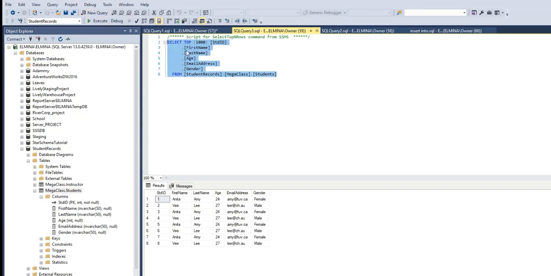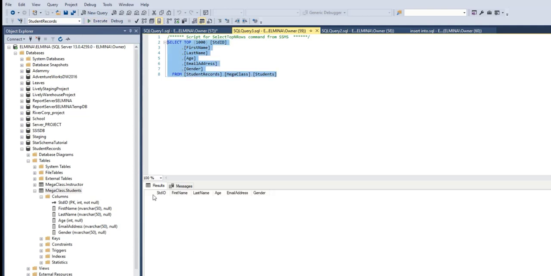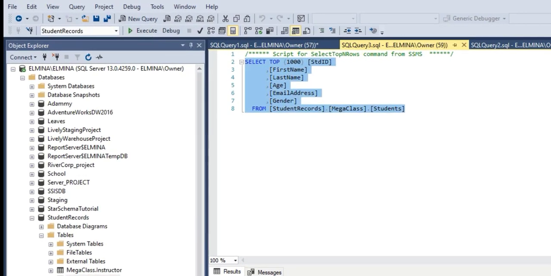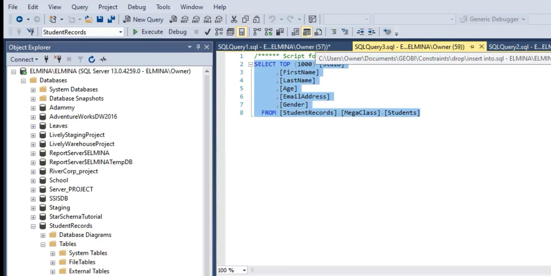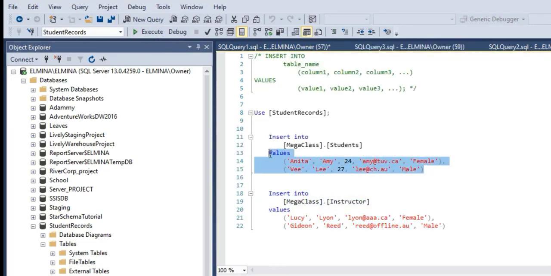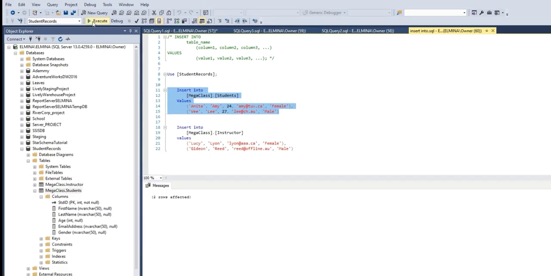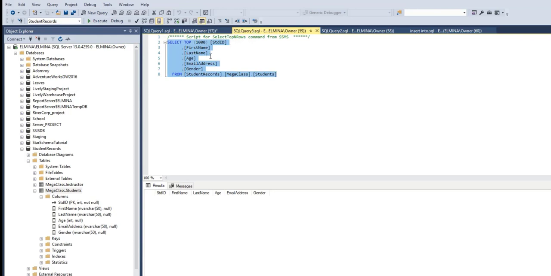Let's execute this command to select top 1000 rows from our student table. See, the table structure still remains, but all the records have been deleted. Now let's insert data back into our student table. We are going to execute our insert into statement. Let's insert it 5 times to get 10 records this time. Okay, so we are going back to select top 1000 rows and see how much data has been inserted back